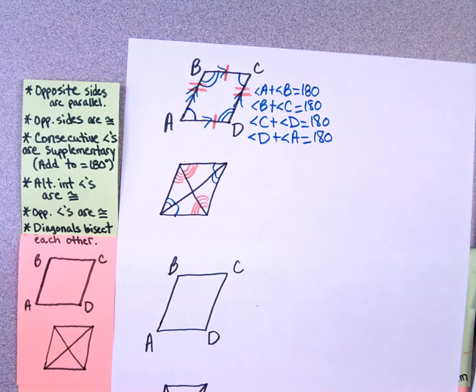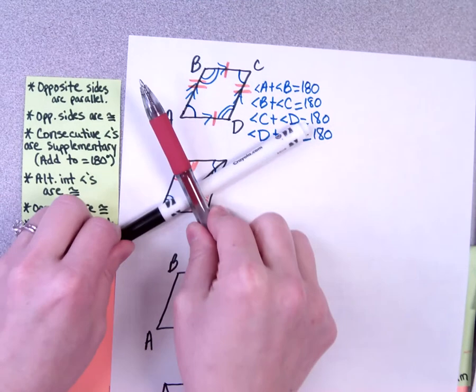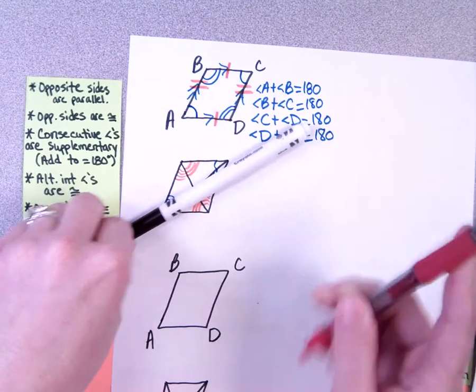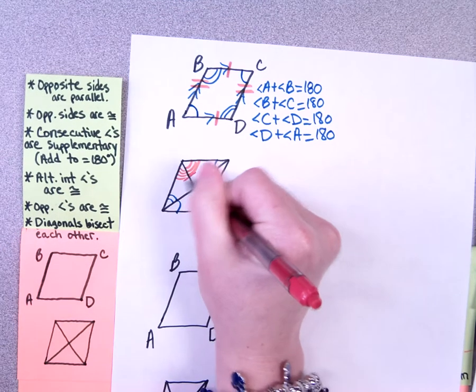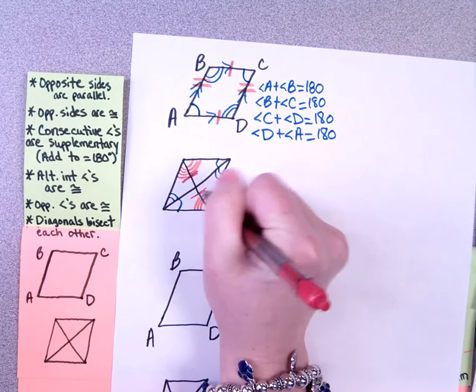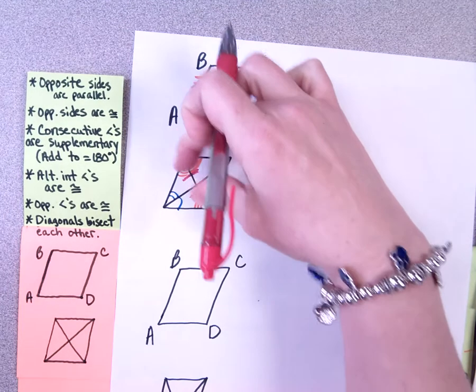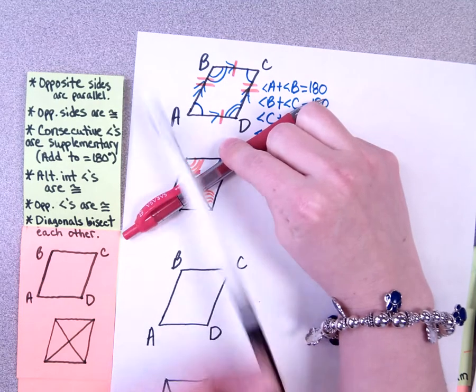What's that mean to you? Yeah, they cut each other in half, and they do meet at that middle. They cut each other in half. So when this one cuts this one in half, it cuts it into this piece equaling this piece, if you can see my little red tick marks. So this piece equals this piece,